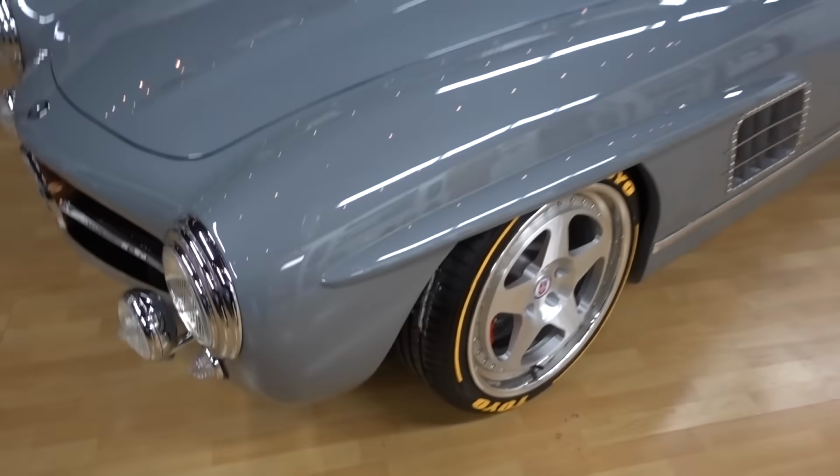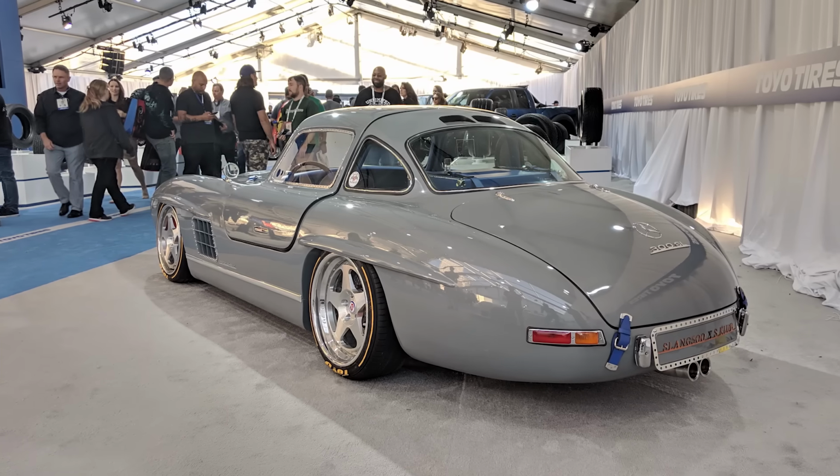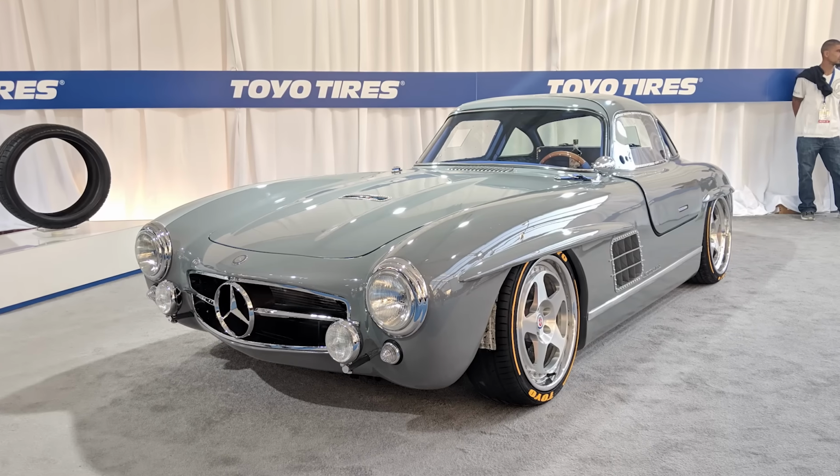Look at this thing. Just beautiful. This was one of my absolute favorite cars at the SEMA show this year in the Toyo Tread Pass. They always seem to find the weirdest and the coolest cars, but this one's actually built by my